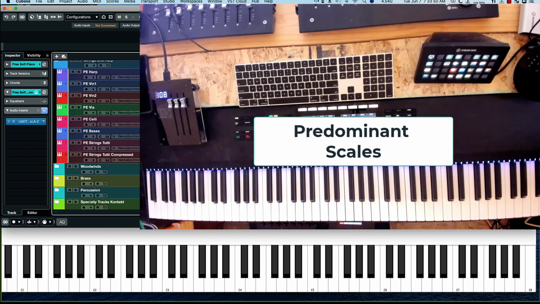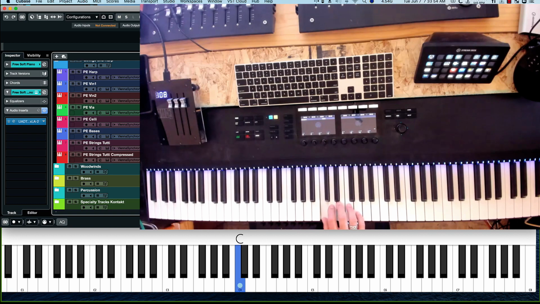Another thing you can do is, if I just look at the white keys and go up 1, 2, 3, 4, 5, 6, 7, 8 notes, that's called the Ionian mode. It actually has a special name, the C major scale. And if I start on D and go up using just the white keys, I've now defined a scale called the Dorian mode. And then if I start on E,